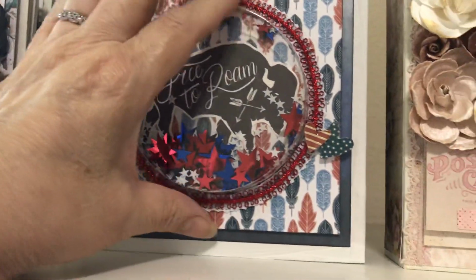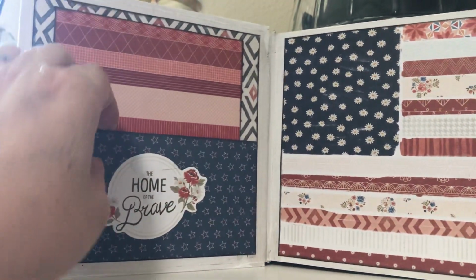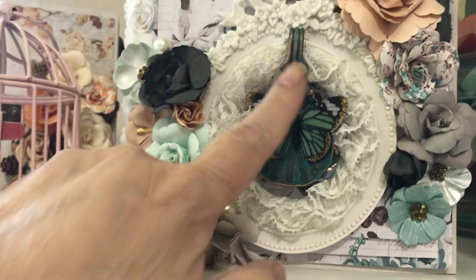This is the cover to it. I just used it, stuck it down, peeled it off the packaging, stuck it down, and then this is what the inside looks like. See, a pocket there, and you know, like this. Anyway, that one. I did this one, and this one's unique because it has a metal spoon, also by Prima,